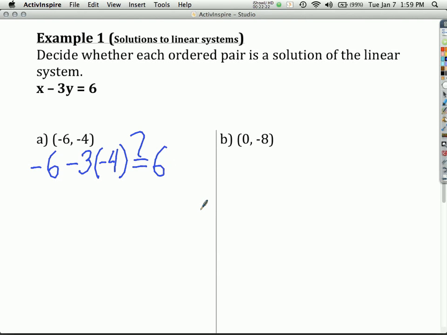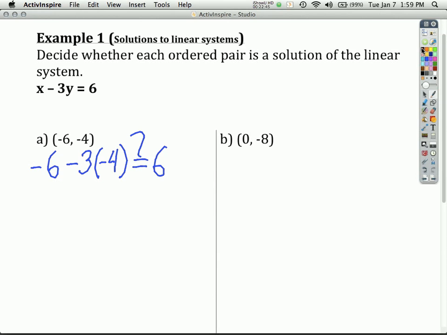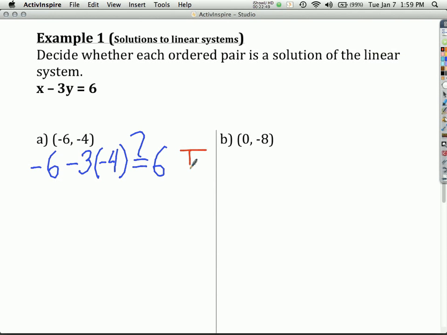So let's do some mental math. -3 times -4, what do we get there? Go ahead. 12. And then we have a -6, and so 12 and -6, we get +6. So this is a true statement, and so that means this is a solution to this. This is a true statement, so this ordered pair works for